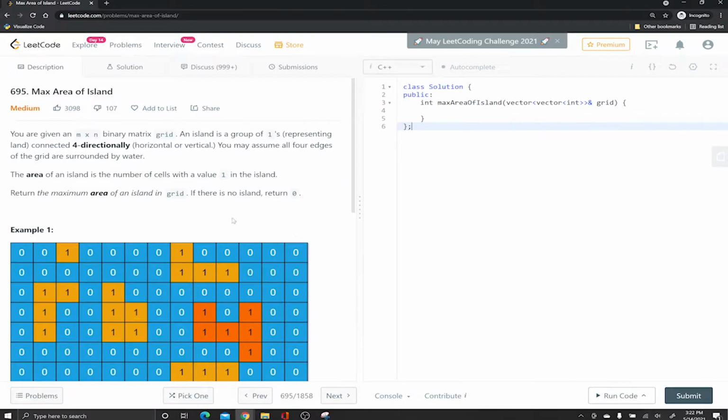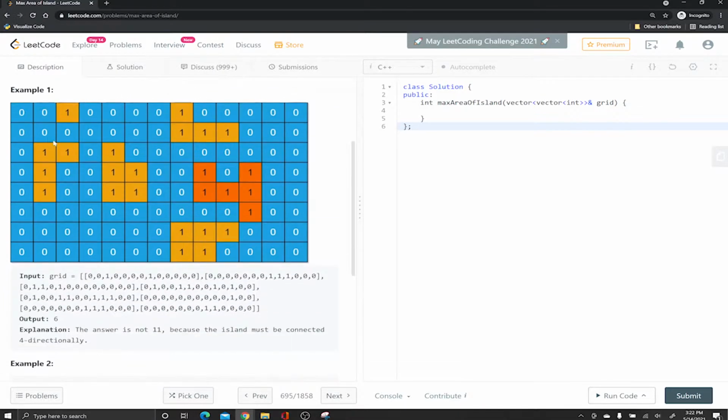Today we're going to be solving LeetCode 695, Max Area of Island. Feel free to pause the video and read through the question so you get a better understanding of it. However, I'm just going to jump in and explain from the examples. Given a grid like this, where 1 represents land and combinations of 1s represent islands, we have to traverse through this grid and figure out which island has the highest area, which is